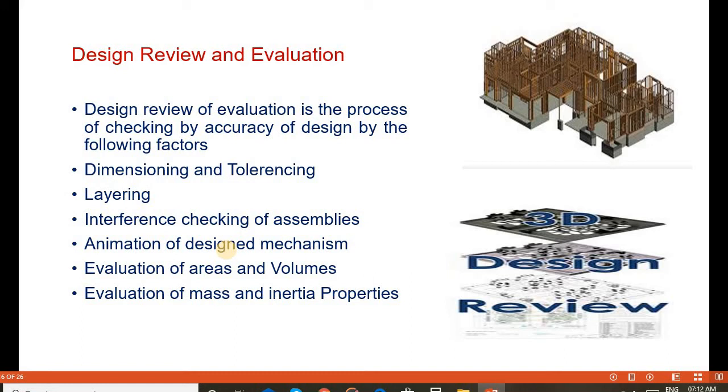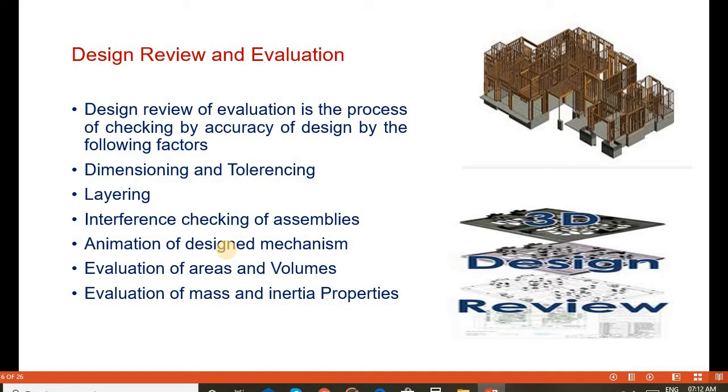The last step is design review and evaluation. The design review and evaluation is basically a process of checking the accuracy of the design for the following factors. What are the parameters we can review in the design?